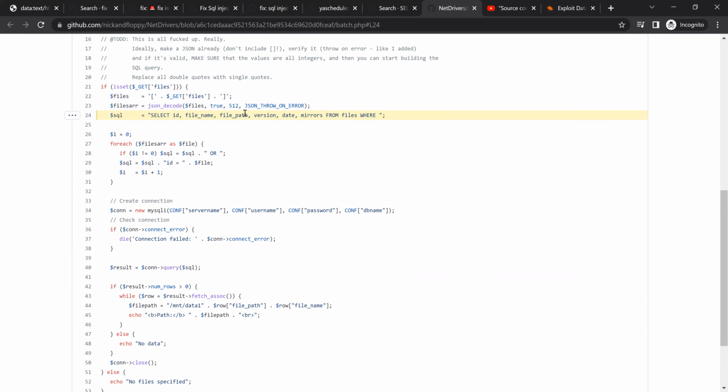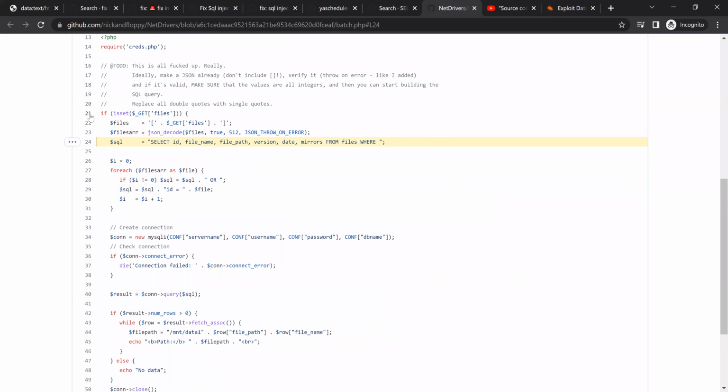Okay, so here we have: if set is files, then a string concatenates files inside an array indicator, and then it calls JSON decode, which will turn this from an array into a series of attributes,